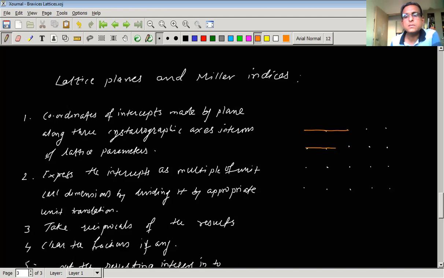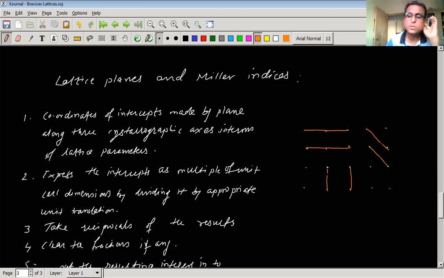This is called a set of horizontal planes, as we have drawn two planes parallel to each other horizontally. So a set of two horizontal planes. Similarly, we can think of a set of parallel planes, but inclined. They are not horizontal. Similarly, we can have a set of vertical planes.